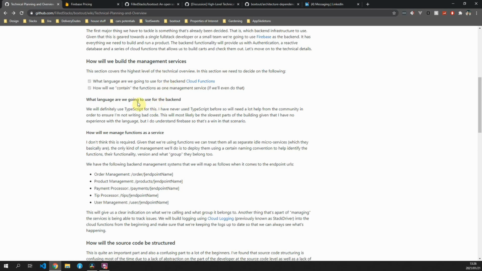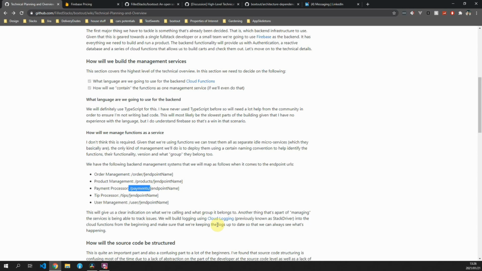The first thing is we're going to be using cloud functions written in TypeScript. Those functions will all be grouped together through the URL endpoint, and each of those will be grouped under one of the 5 things that we have already defined. An additional thing is that we will start out with the logging setup so that we can write every function from the beginning with the exact structured logs that we would need, down to its verbose and tracing